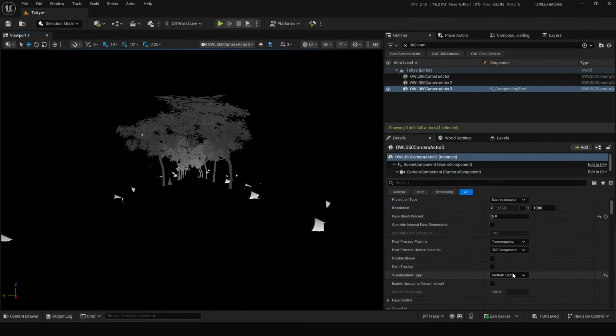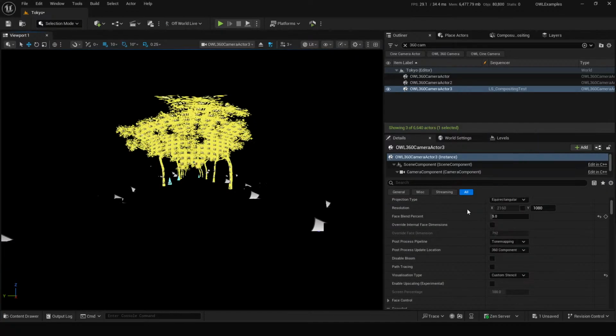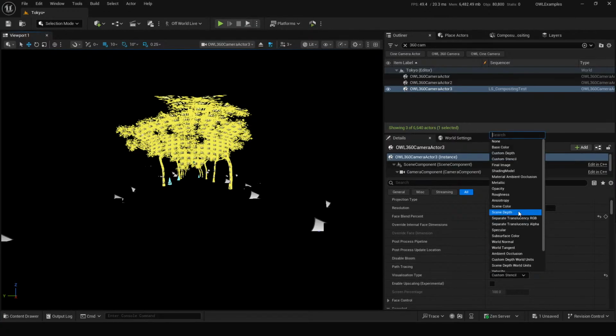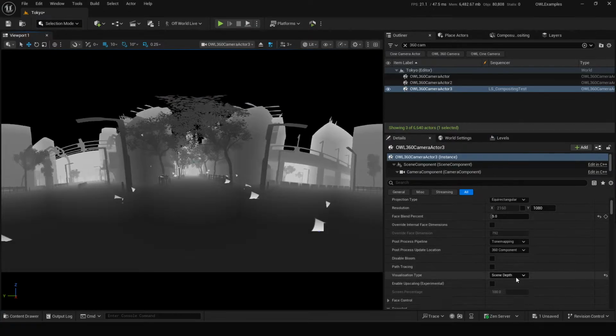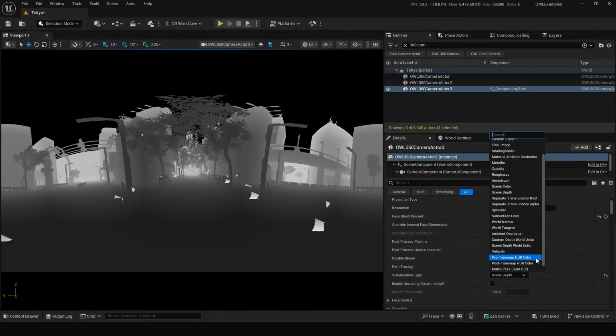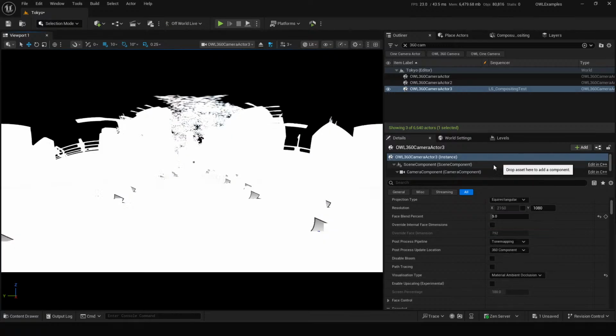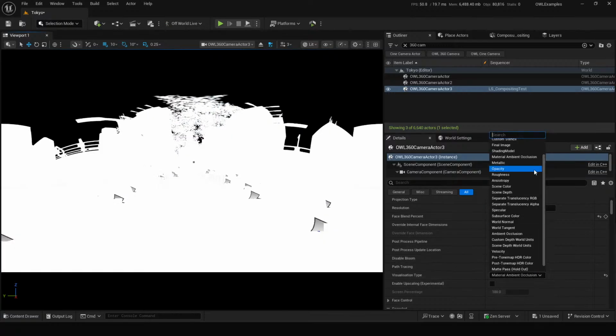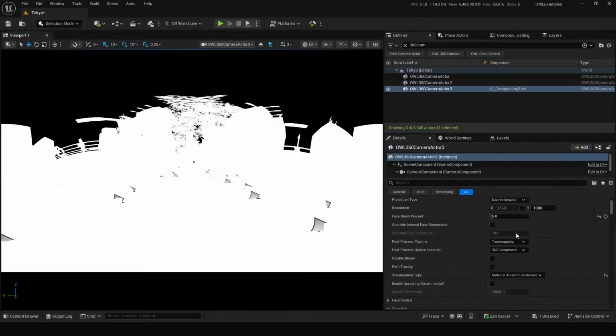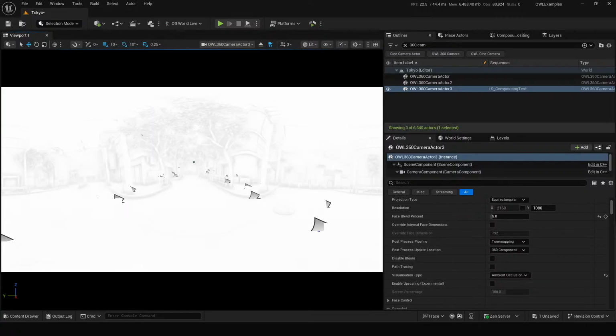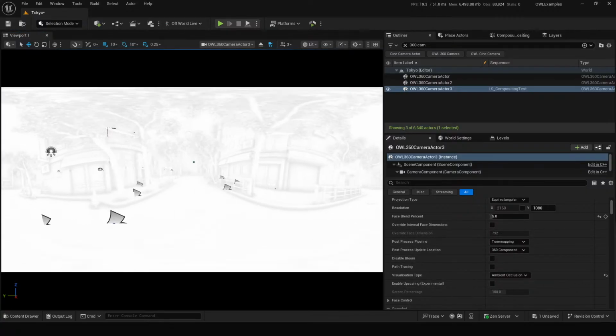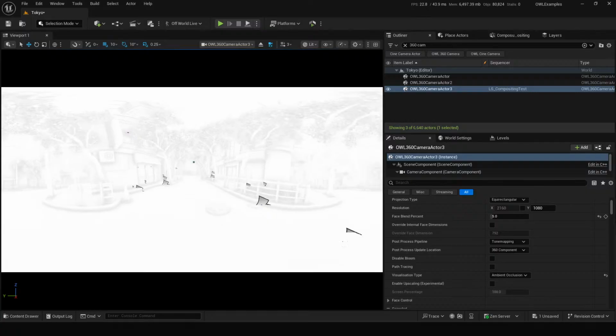So we can look through these. Got the scene depth. What's another interesting one? Perhaps ambient occlusion. This is if you're using Lumen ambient occlusion, but perhaps I'm not. Yeah, so I just got regular ambient occlusion here. So I don't know, maybe you could start to see how